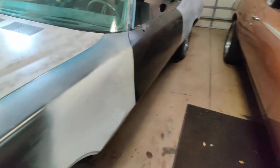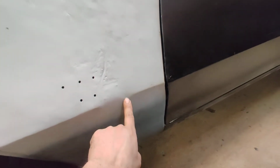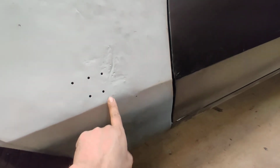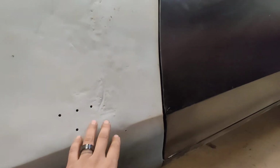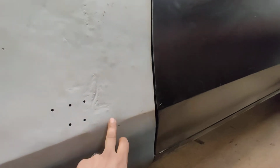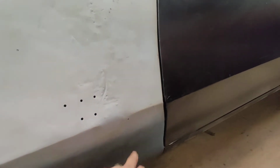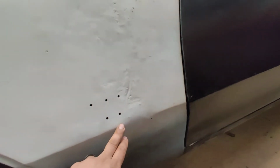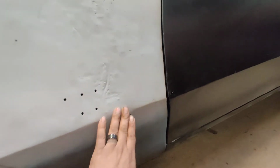So I did patch a couple of holes up here. My body line kind of ended up getting lost in here because of when I cut my patch panel. After I tacked it in place, I should have tacked my corners first while they sunk in, and I had no other choice than to kind of dip this down, but it's not much. With a little bit of filler, we'll shape this up again. Ideally, I would have liked this to go straight across and have a nice sharp line, but again, no massive